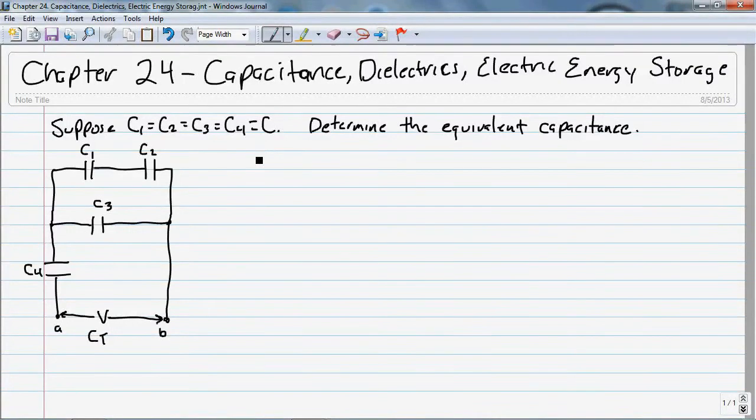Here we have an example of capacitors that are connected in a configuration that's not strictly series and not strictly parallel, but it's a combination of both. So let's look at what we have. We have C1 and C2. Put these in different colors, see if it kind of helps. C1 and C2